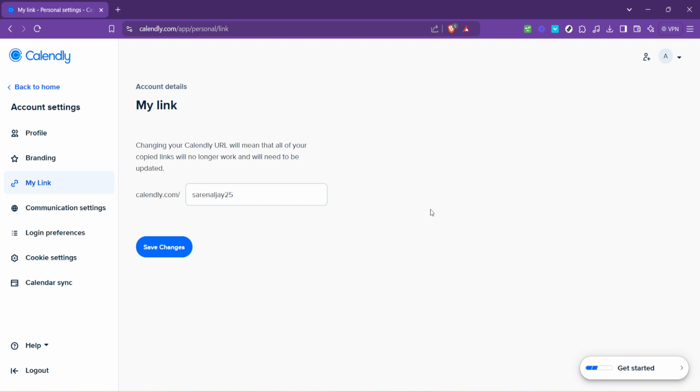And that's it. You've successfully personalized your Calendly booking link. This small change can make a big difference in how clients perceive and interact with your scheduling page. It enhances brand consistency and makes your link more memorable for returning and potential clients. Remember, Calendly offers a variety of features to optimize your scheduling experience further. Take some time to explore these features and see how they can complement your newly personalized link and overall scheduling